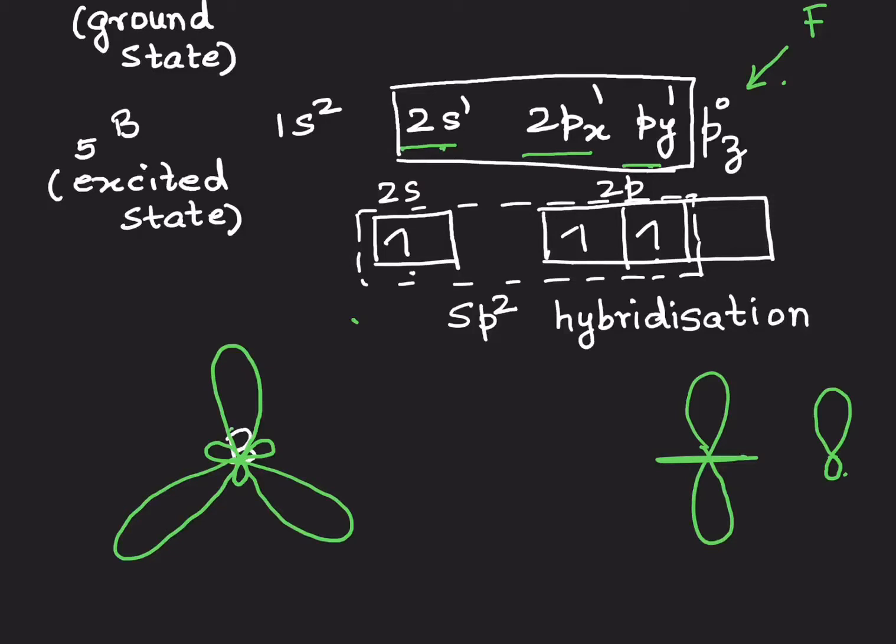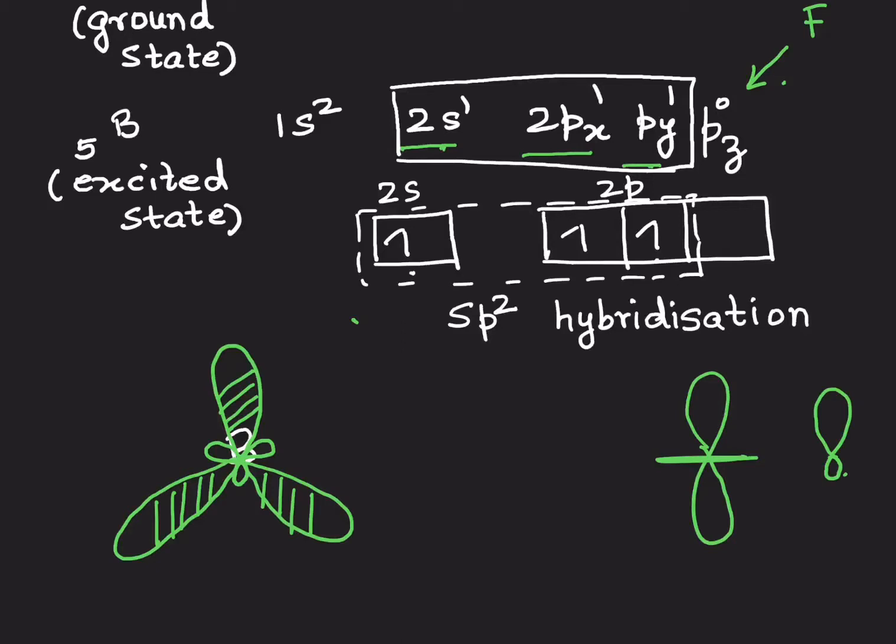Now, let me shade this. So, these are my hybrid orbitals. You must be wondering, why am I shading it? It looks nice, right? You will also see the difference when we go on to explain what we call pi bonding. That's another interesting concept, and I'm going to explain it in this video itself.